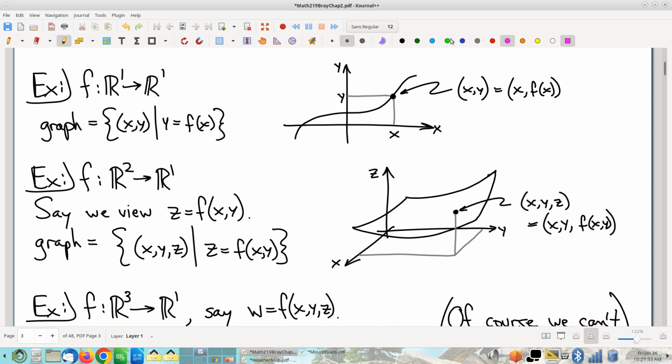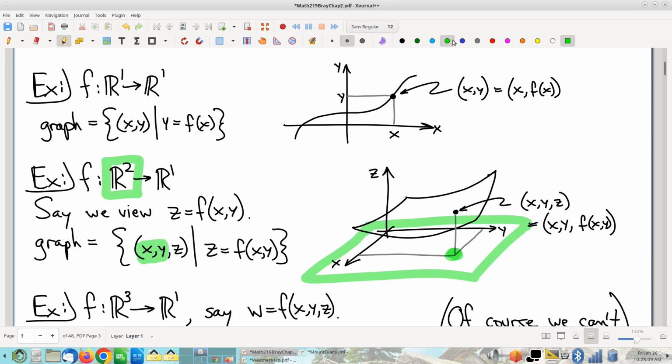Here's a different way to think about it. Again, as previously discussed, the inputs, R2, X and Y, go first, and then the output, whatever comes out of the function, Z apparently is what we're calling that, comes second, right? And with those inputs and with that output, we get again a corresponding point, that being a point on